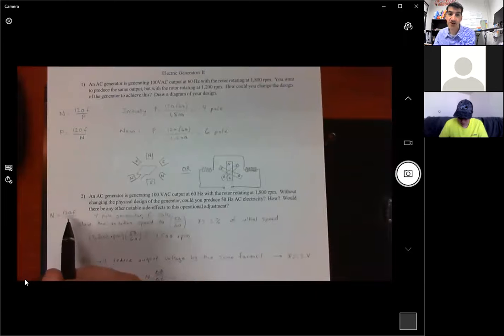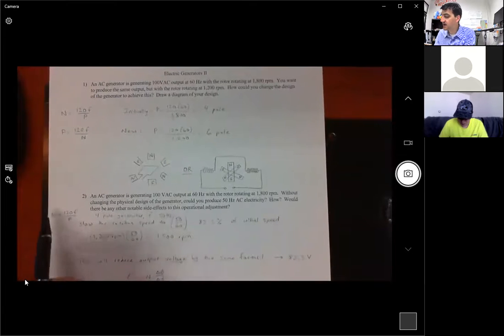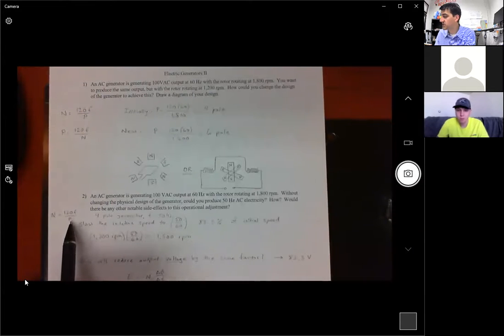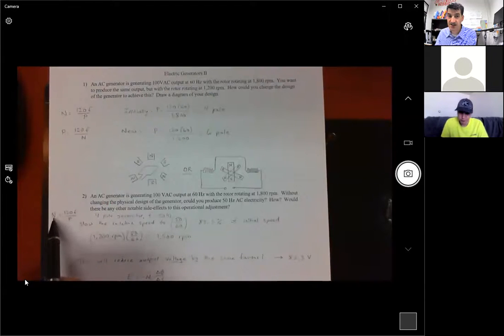Well, we have our generator RPM equation again, and the generator RPM equation says that the rotation speed is equal to 120 times the frequency divided by P. So if I'm not changing the design of the generator, P stays constant. Number of magnetic field poles stays constant. But if that stays constant, then I can see there's a direct relationship between the speed of the rotor and the output frequency. So if I wanted to produce a lower frequency, all I'd have to do is reduce the